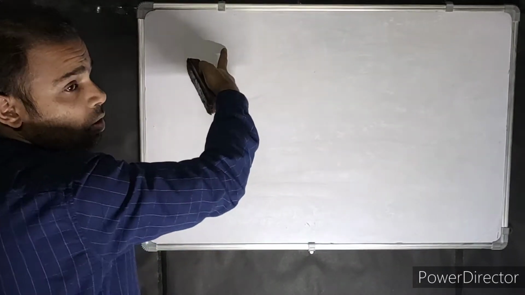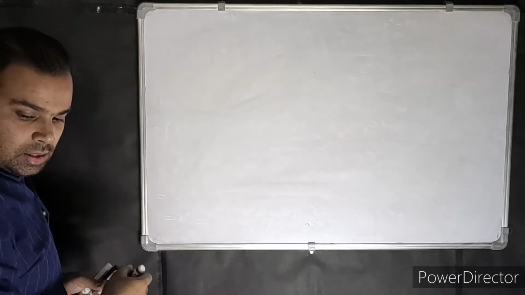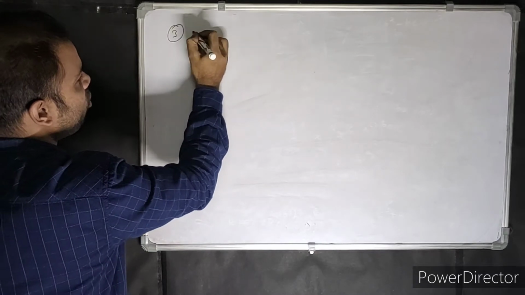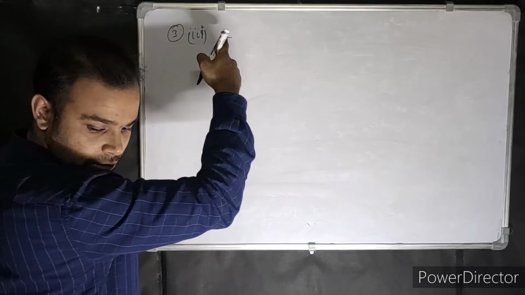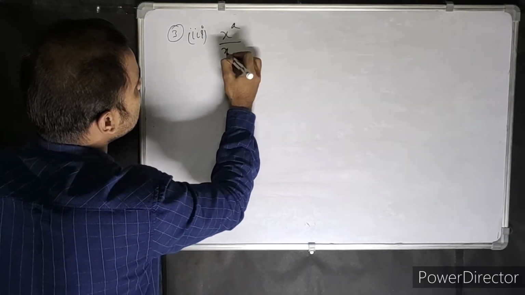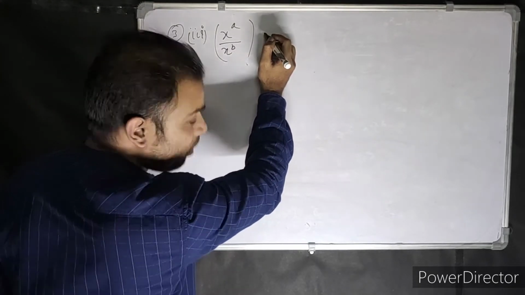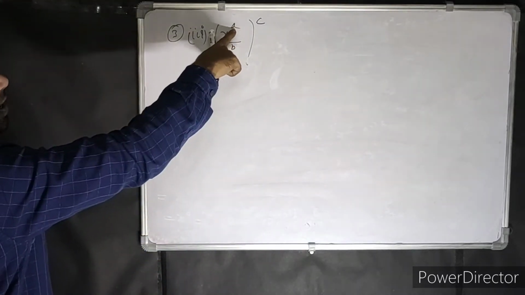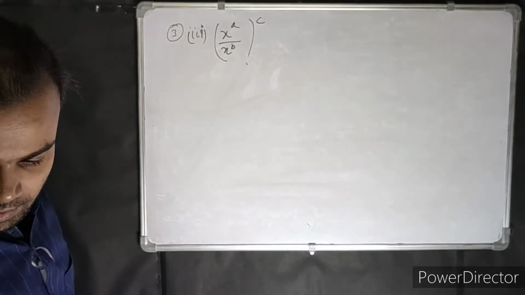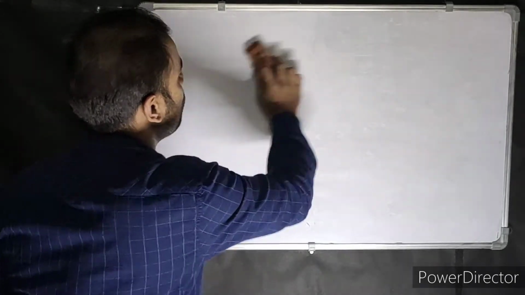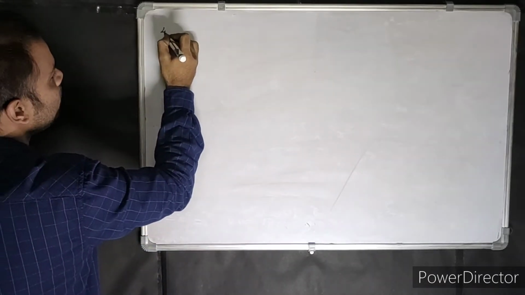Okay, you also have to change the question over there. That question, it was question 3, part 3. I had copied wrong. Okay, please change the question. X to the power a by x to the power b, whole to the power c. This was the first part which I had written c by b. Please change that. Instead of c by b, it's x to the power a divided by x to the power b. Okay, only the first part was wrong. The rest was okay.